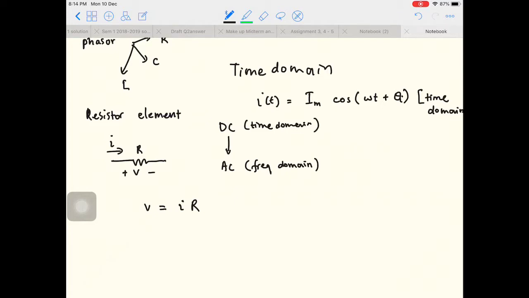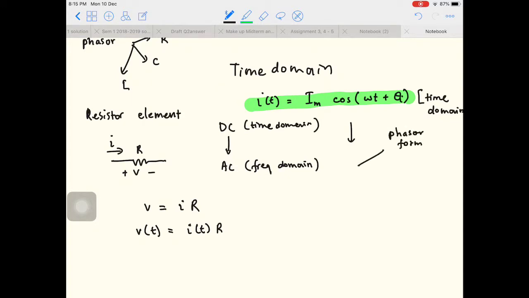So if we want to write this down in terms of time domain, this is how we write it. And based on this part, this is the time domain. If we want to convert it to phasor form,